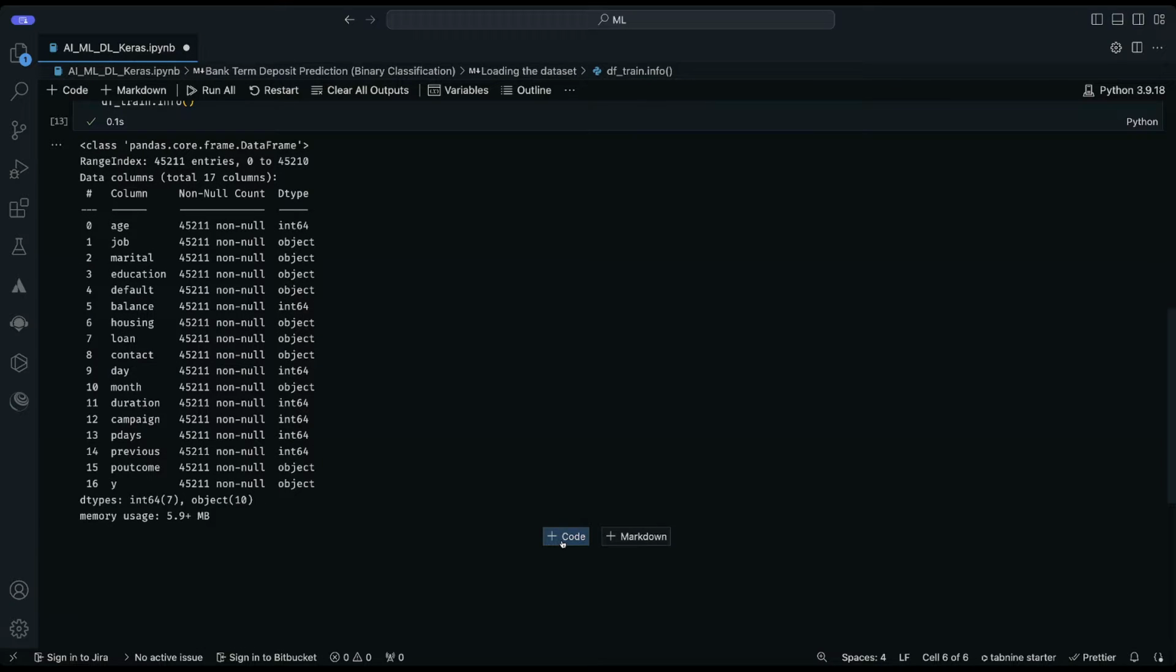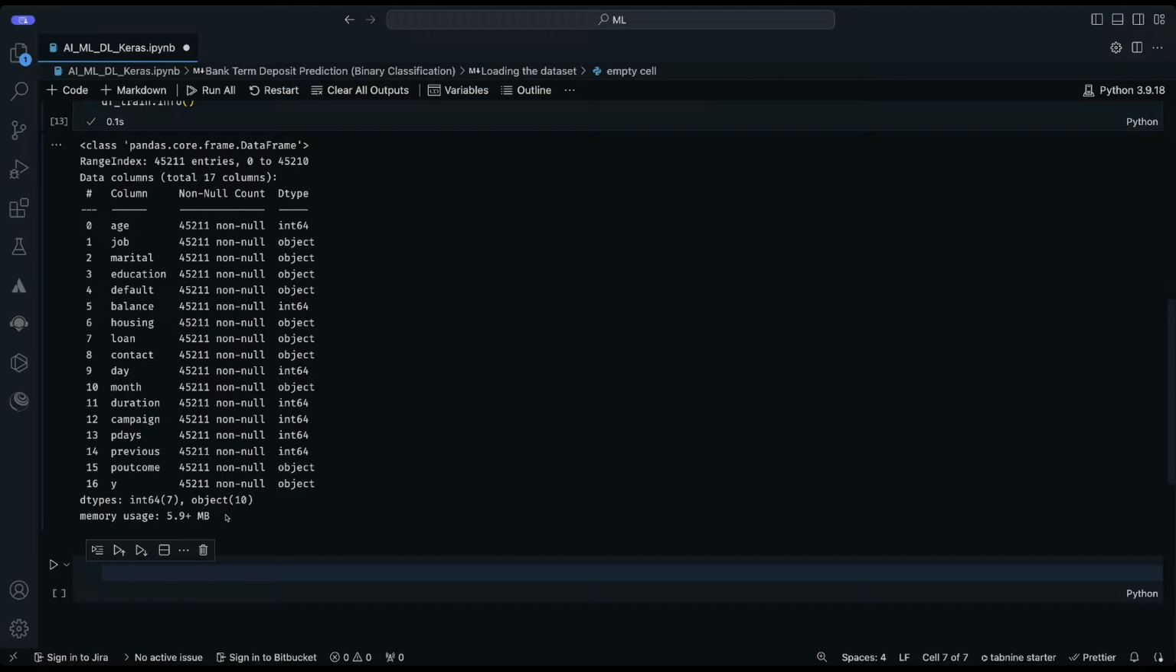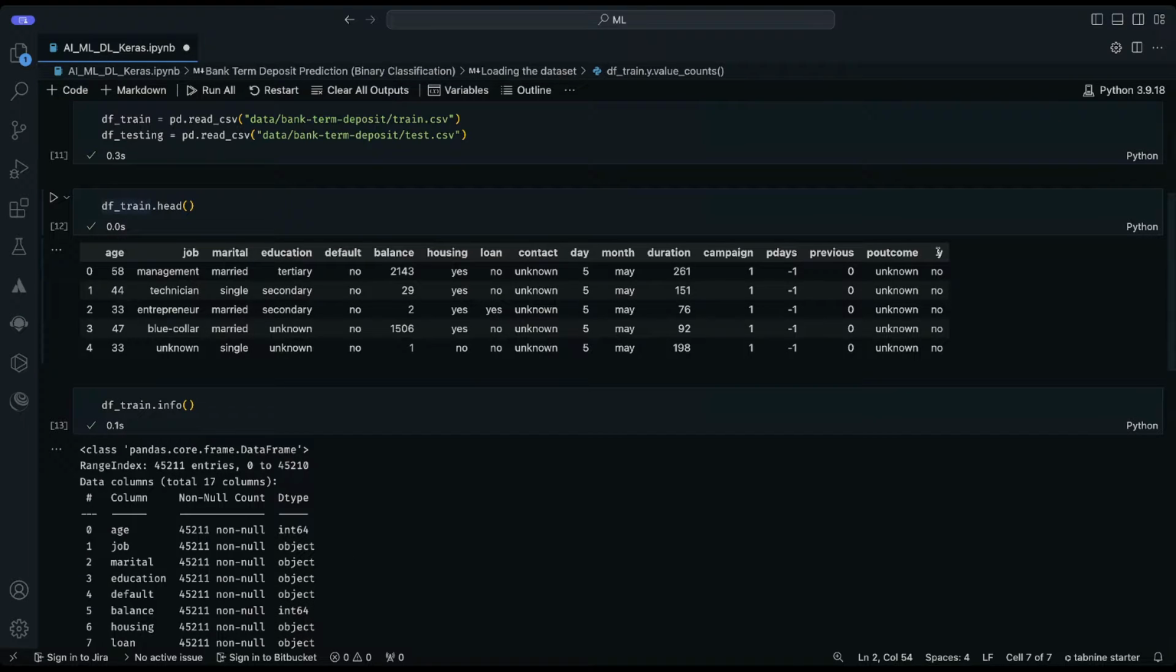So the next thing that we just want to quickly look at is our label. Let's just look at our label, and then I just need to do value counts. So if I look at this, what do we have? We can actually see that for our output label, which is y, the output label is the one that we're